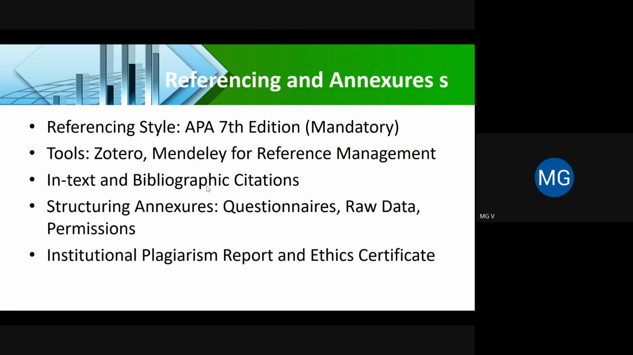So this chapter focuses on two critical but often overlooked thesis components: referencing and annexures. All universities listed in the workshop, including NAMIMS, GLA and REVA, mandate APA 7th edition for both in-text and end-text citations. I hope all of you understand in-text and end-text. Yes? Yes, ma'am. Okay. Tools like Zotero and Mendeley automate citation formatting and help in managing a large number of